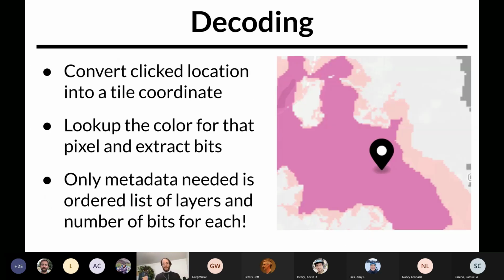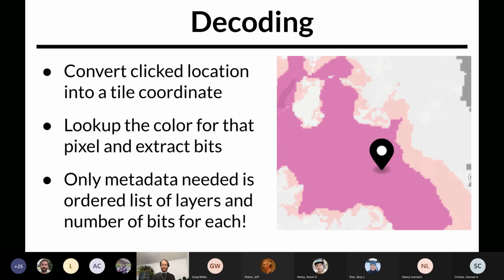These are displayed in the front end as transparent data layers, so they're not coloring up your map, but your mapping engine is automatically fetching all of the applicable tiles for you as you pan or zoom within the map. You click on the map, we then drill down into the appropriate tiles, and we grab the colors from those pixels that you clicked on.